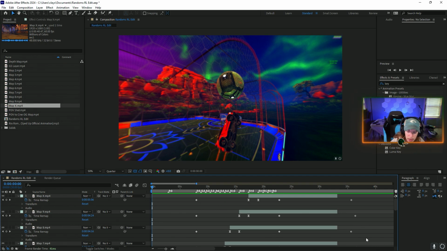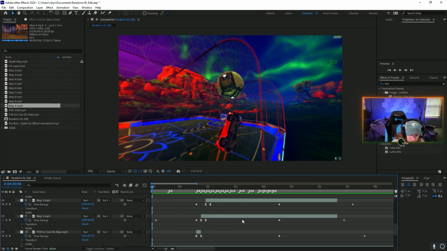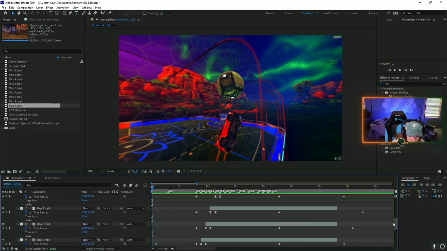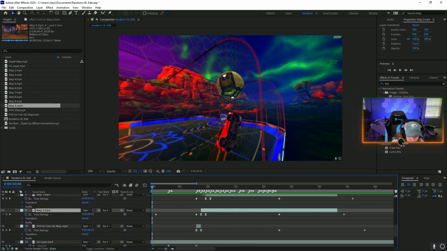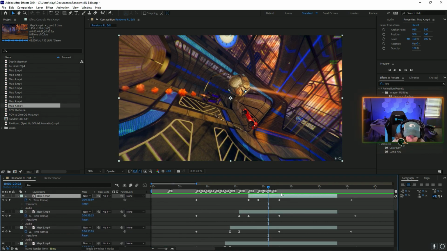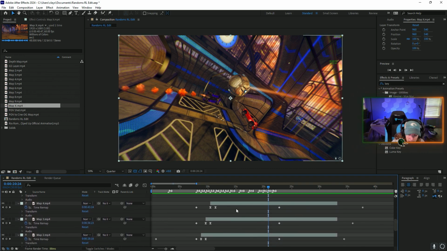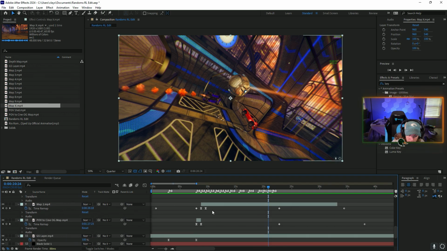So now that we have all of the clips synced and composed the same way I was talking about earlier, all of these can be split. The ends can be split, but I just left them hanging. It doesn't really matter if I left this overhanging because this clip's on top of it, if that makes sense. But after you do the same time remap for every one, and you easy ease them